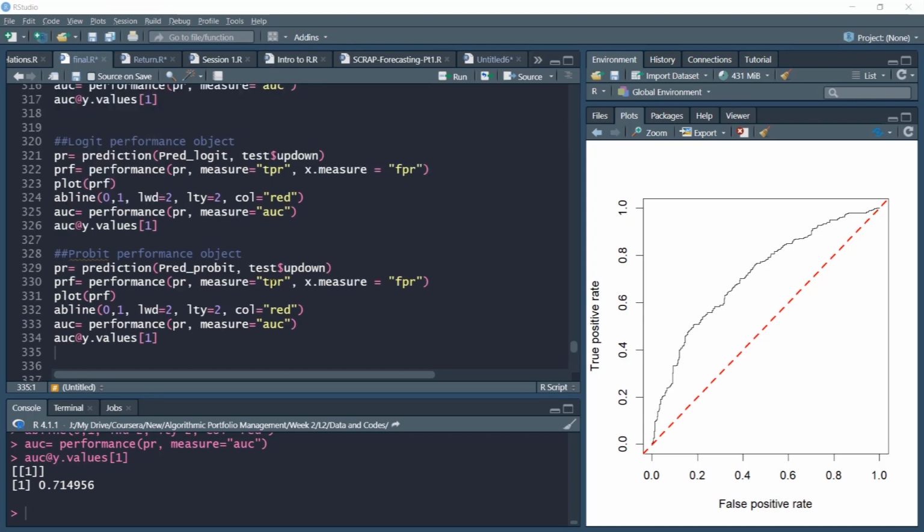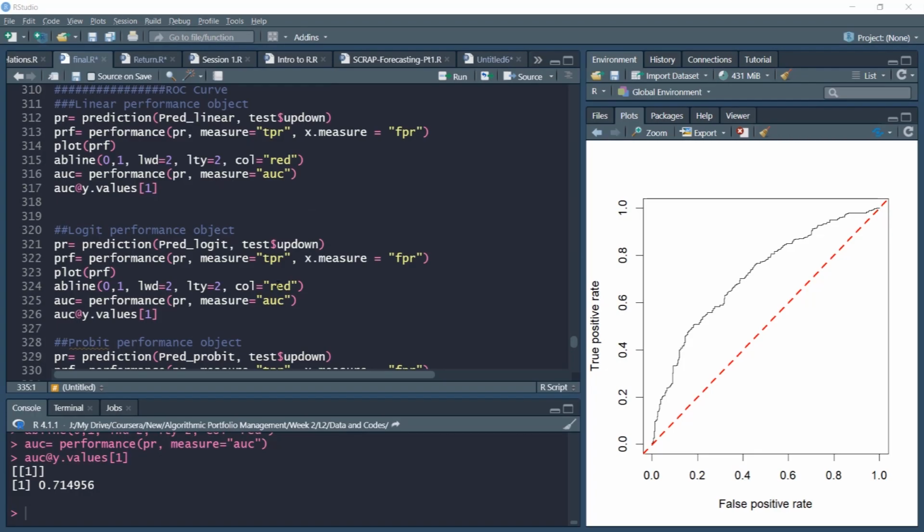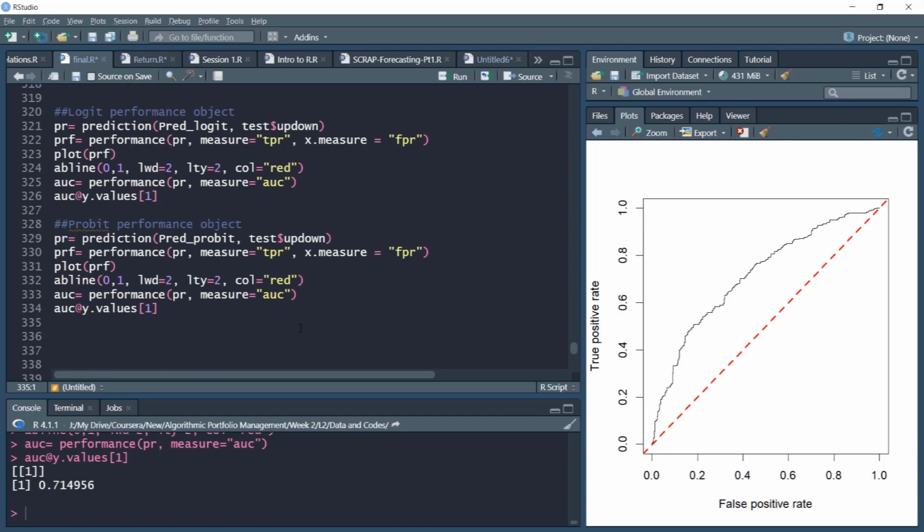To summarize this video, first we computed the ROC, receiver operator characteristic curve, and then we also computed the area under the curve. We find that given the high correlation across the fitted objects, the area under the curve and performance as per the ROC curve is very similar. In the next video, we'll use our trained algorithms and compute our objective performance function, for which we have already written the user defined function. Using simulated threshold values, we'll compare the performance for all three algorithms: linear, logit, and probit.